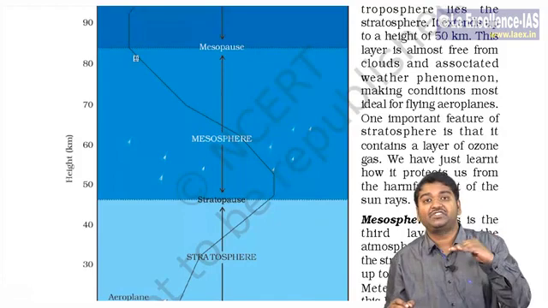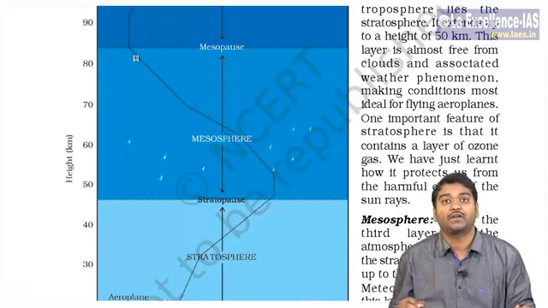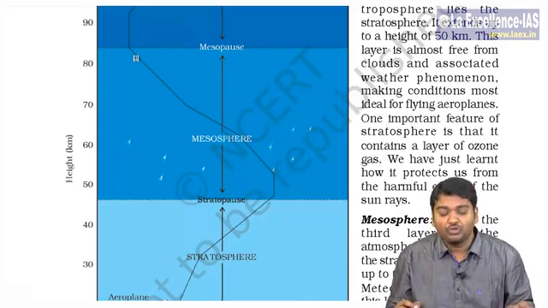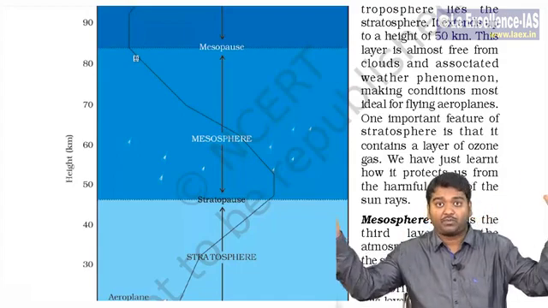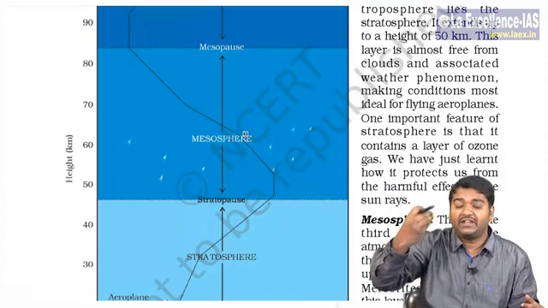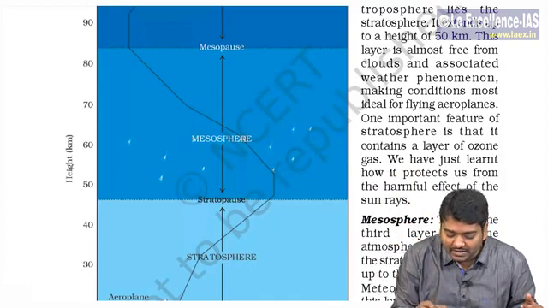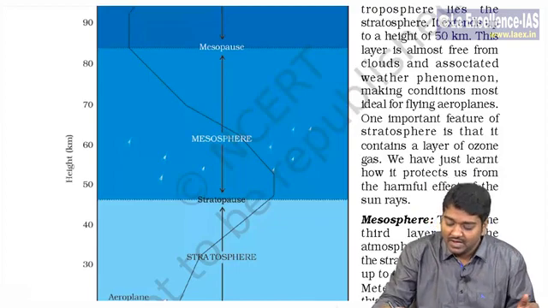Again, temperature is decreasing with increasing height in the mesosphere. And here, usually the meteoroids, that is stones and other particles from the atmosphere or exosphere, outer space, whenever they enter into the earth, they get burned in this region. Meteoroids burn in this region. Then you have